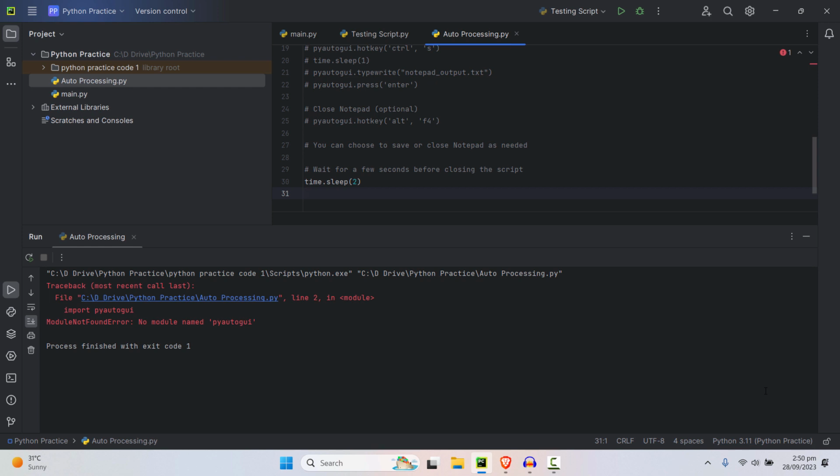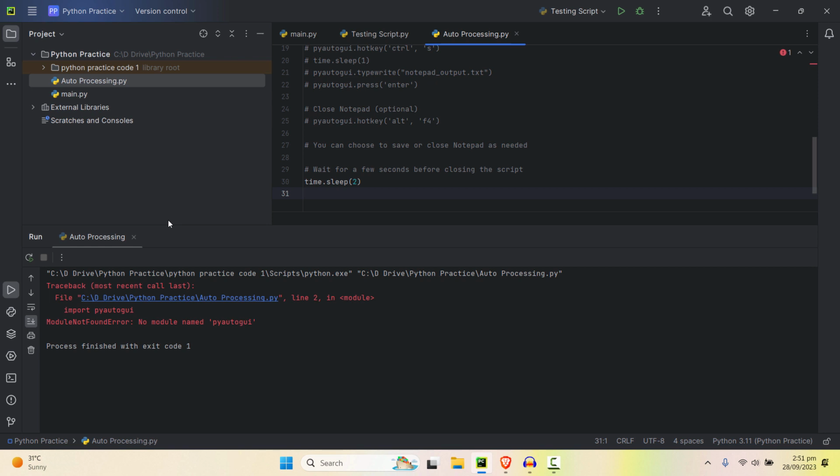Install or import PyAutoGUI in your PyCharm text editor or any text editor basically. But we are using PyCharm to write and process Python scripts because it is very easy to understand. Now PyAutoGUI is an amazing tool that enables Python to use and operate mouse and other controllers like keyboard to